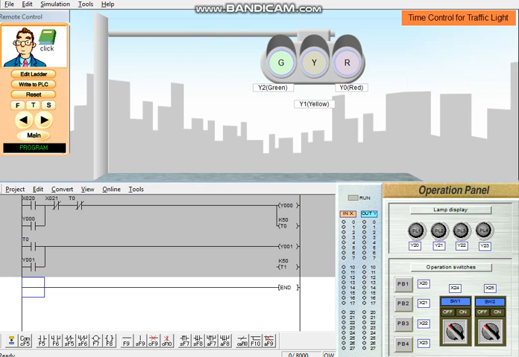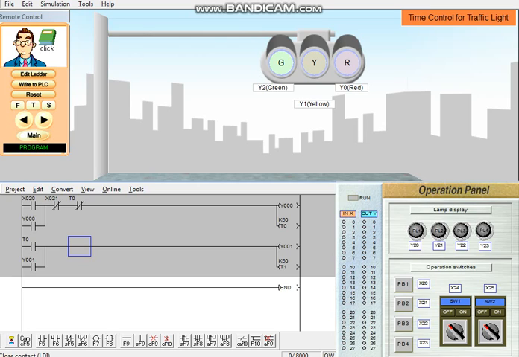Okay, and then we put a vertical line here. Then just click enter. Then we will put a cut off here, so that after 5 seconds or 50 milliseconds Y1 should be turned off.